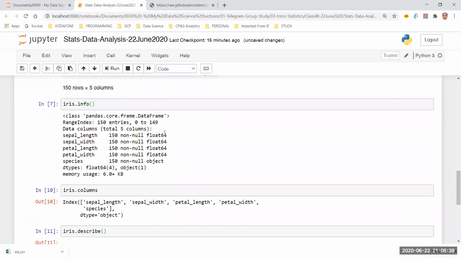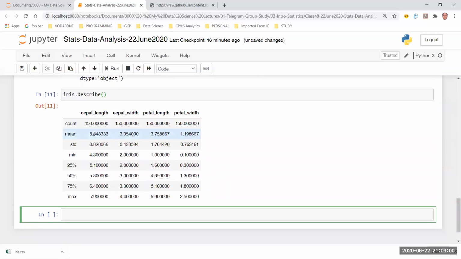Before you do the analysis, you may already know how much data you have, because usually you are the one who collects the data. In this case, we are taking a dummy example. That's why somebody has uploaded the data into GitHub and we are simply downloading it. But in practical life, you are going to generate the data and analyze it, so you will know how many rows are there. So you can skip the first output and look at the rest. There are 7 more, so that's why this is called a 7-point output or 7-point statistics.